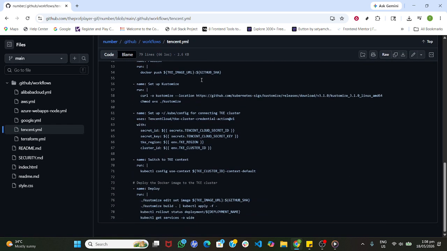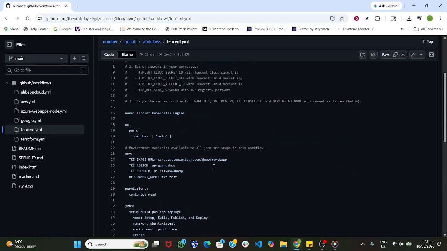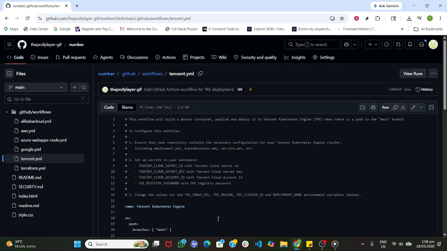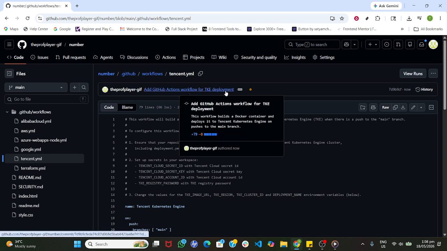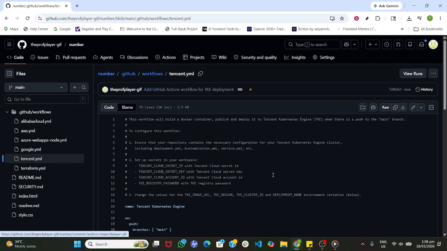On the next push to the default branch, or based on the triggers defined in the YAML, GitHub Actions will kick off a run that builds your container, publishes it to IBM Cloud Container Registry, and deploys it to your IBM Cloud Kubernetes Service cluster. If anything fails, open the run logs in Actions to trace each step and adjust your workflow file or secrets accordingly. That's it. You've set up a GitHub Actions workflow to deploy to